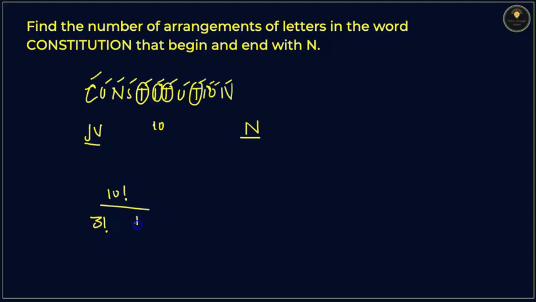So we will divide it by 2 factorial, and also we are having 2 o's, so we write 2 factorial. We can't take the value of n because n is already at extreme point. So we will write it as equal to 2 factorial, but since both are identical, we have to divide it by 2 factorial. This one is the permutation of n factorial,